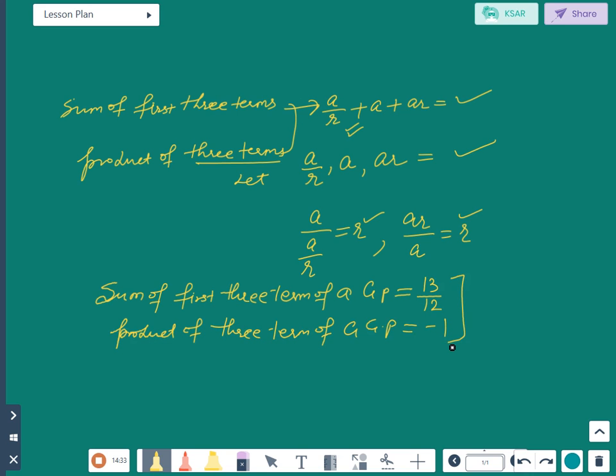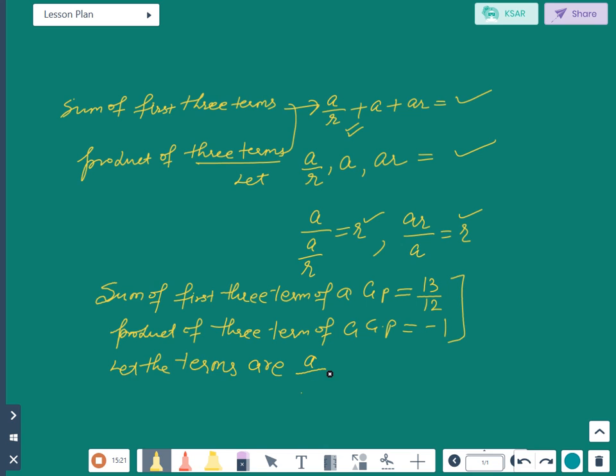So we shall consider the terms so we can solve the given question. Is it clear? The question is to find the common ratio and the terms. Sum of the first 3 terms of a GP means we have to let the terms be something. You can consider the terms as you like, but you have to make sure that the terms we have considered should follow the system of GP. Is it clear? Now let the terms be